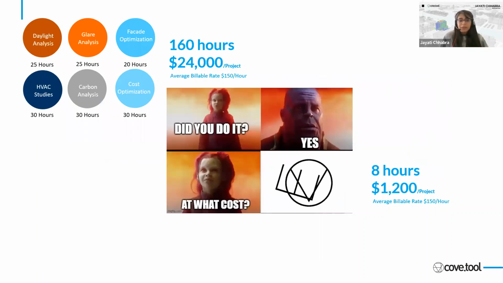So to recap, EUA did a lot of work there, where more than 2,000 models were run with all those combinations. A traditional method might take us around 160 hours for the daylight, the glare, the facade, the HVAC, all of that. But in reality, all these studies using cove.tool can be done in essentially 8 hours, more or less based on your speed and the kind of options you want to explore. So you can do this very quickly, and that's important to not only save your project team money, save projects money themselves,